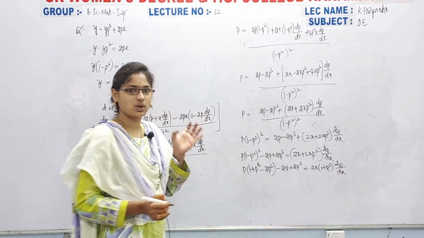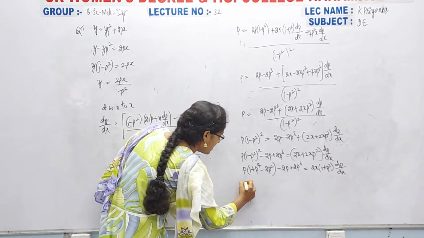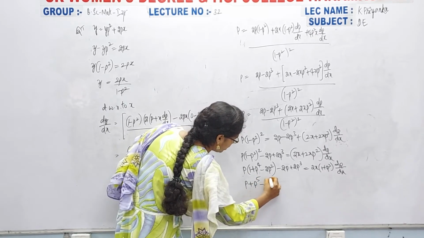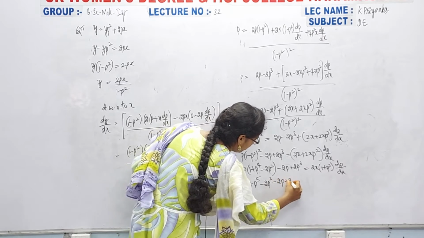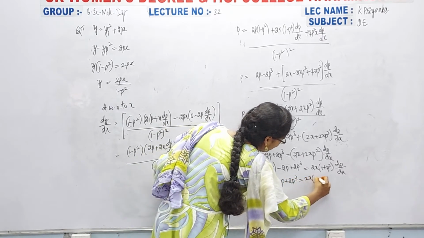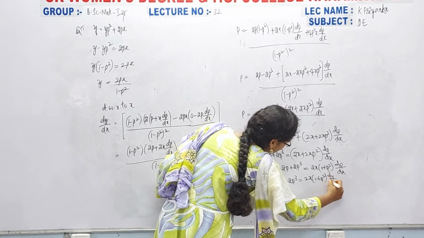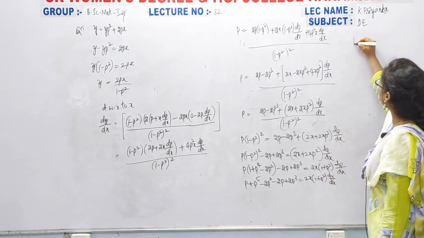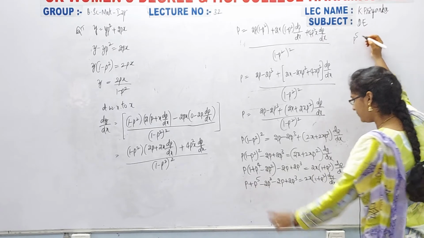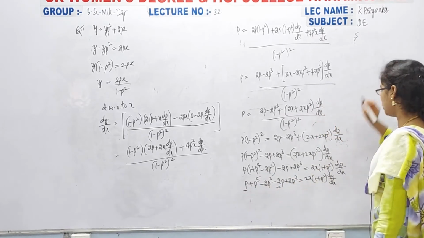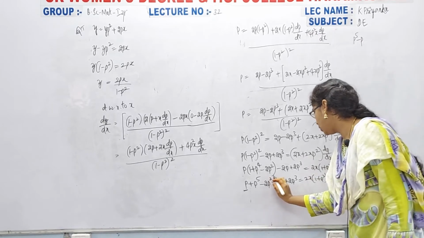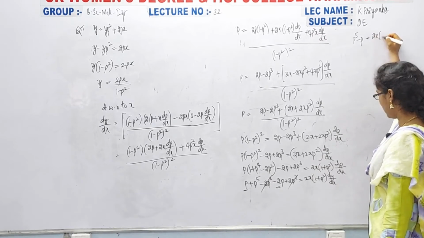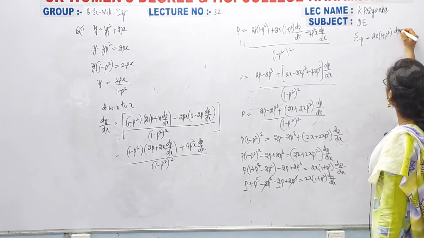Okay, I am taking 2x common. Next here what we will get? p plus p power 5 minus 2p cube minus 2p plus 2p cube equal to 2x of 1 plus p square of dp by dx. Okay, simply what I am doing is taking the simple simplifications. Okay, now p power 5 plus p minus 2p, so minus p. Next 2p cube minus plus get cancelled, equal to 2x of 1 plus p square into dp by dx.